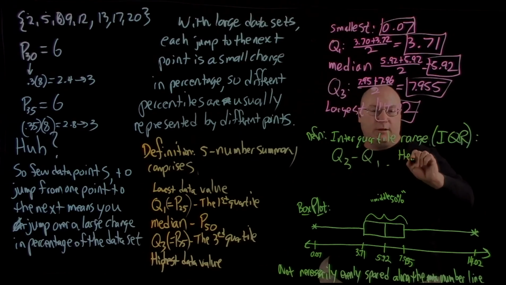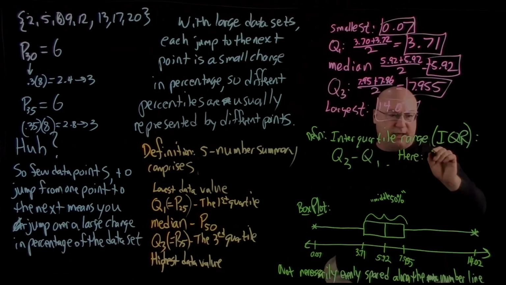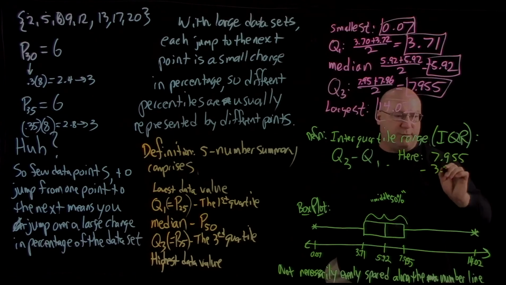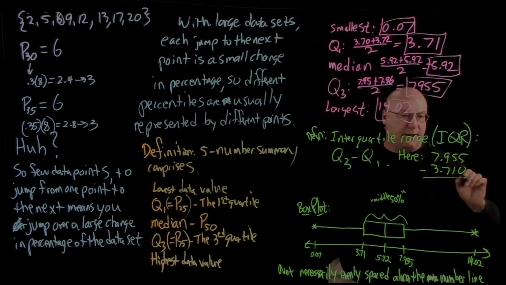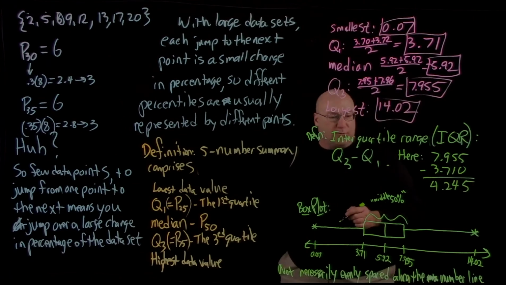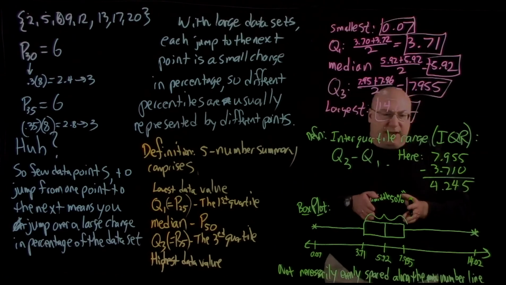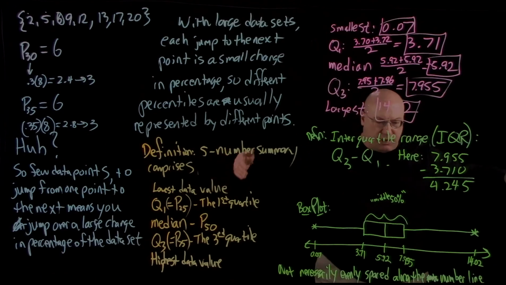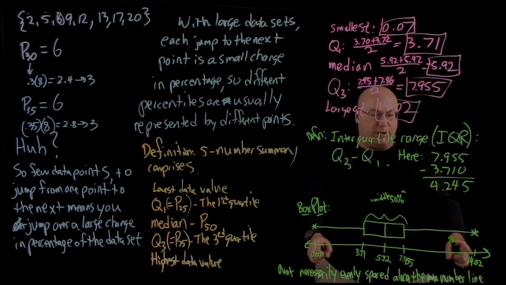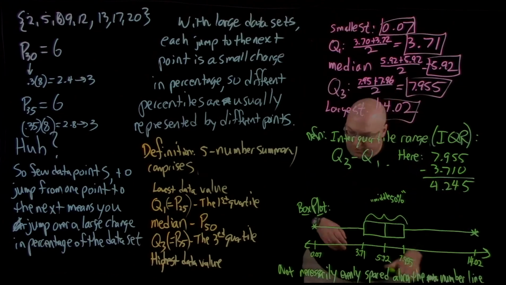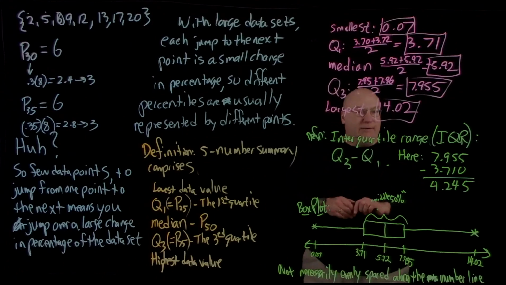So here we get 7.955 minus 3.710, and that's 4.245. Okay, so the interquartile range tells us, again, how spread apart that middle 50% are. The whole 100% of the data are spread about almost 14 units apart, right? Almost. But that middle 50% is spread 4.245 units apart. All right. We'll